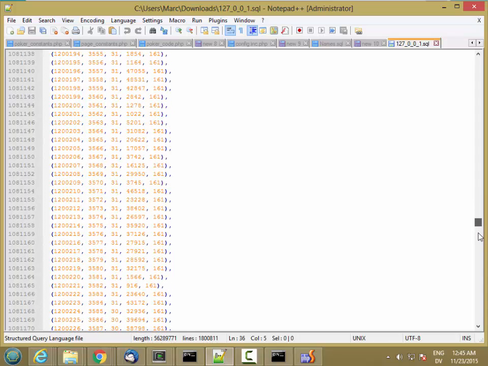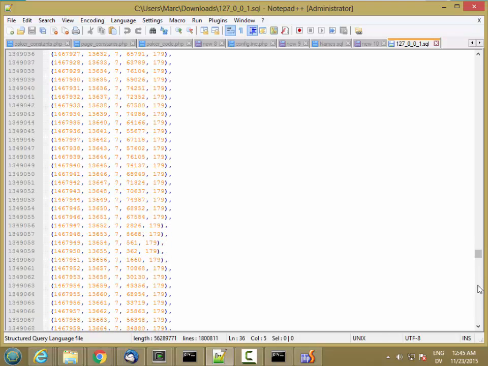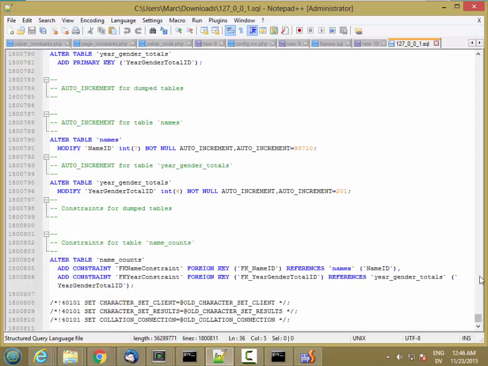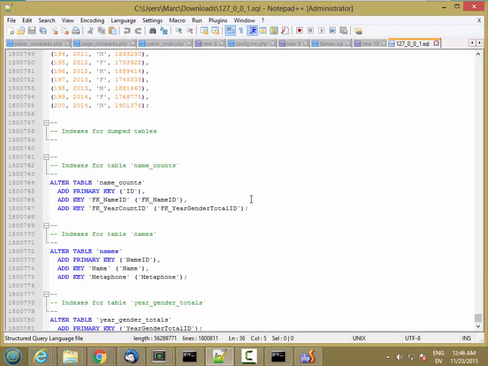And then somewhere along the way there's going to be another create table. This is a big file. It's like almost 60 megabytes. So I'm just going to skip to the bottom here. And then at the bottom, after it's added all the tables and all the data, it adds some constraints if you have any. So your primary key for the names table, foreign keys if you have any,